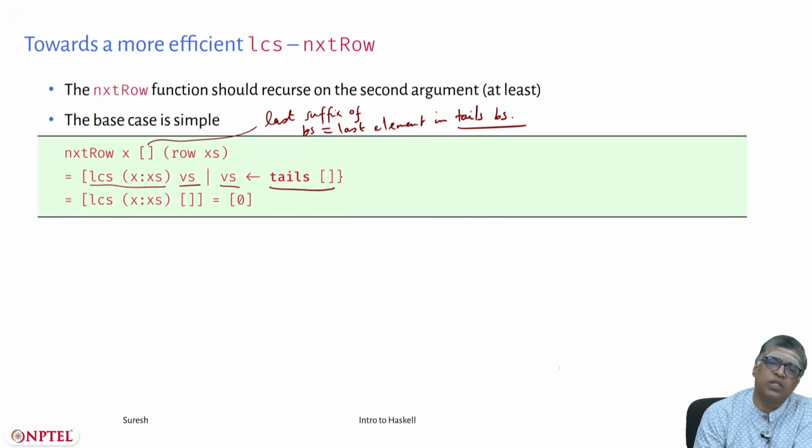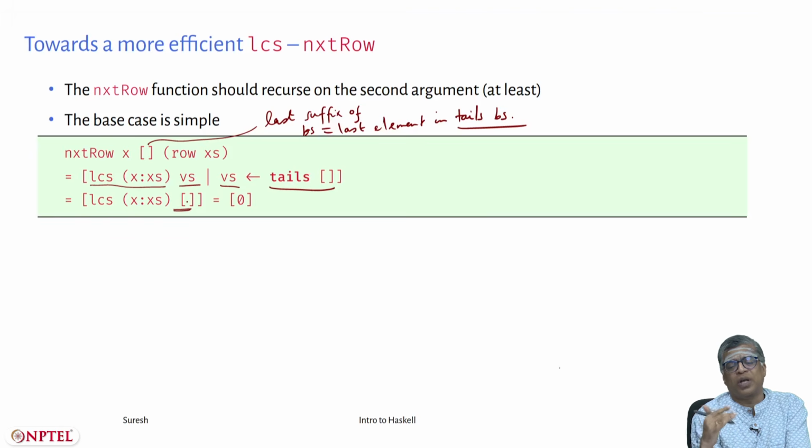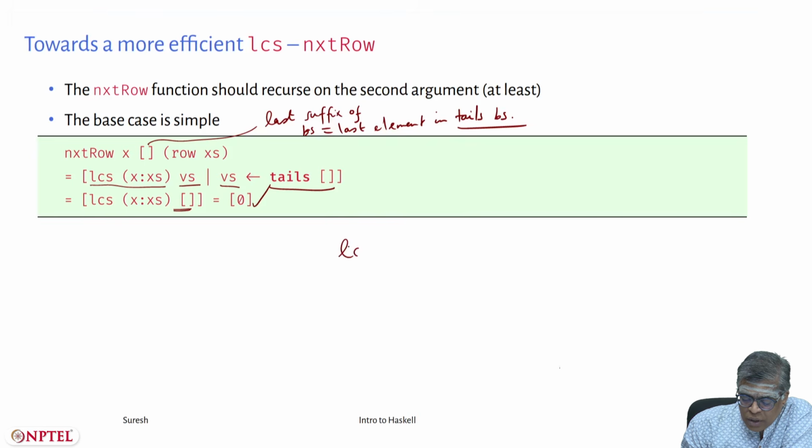Yeah, but tails of empty is nothing but the singleton list containing the empty list. So if I try to compute V's from tails of S's, it is just this, the empty list. But LCS of anything with respect to the empty list is 0, so I have a singleton list consisting of 0. Okay, so what I am doing is I want to compute next row